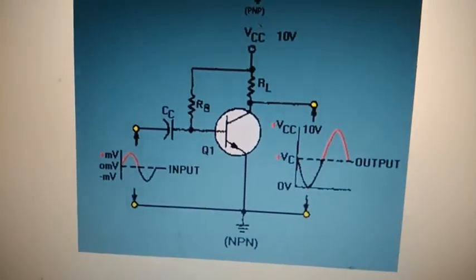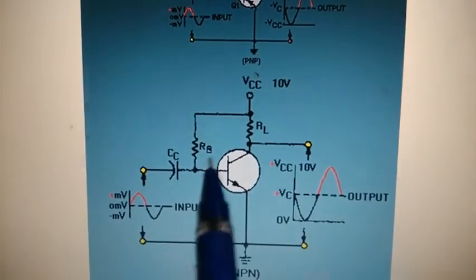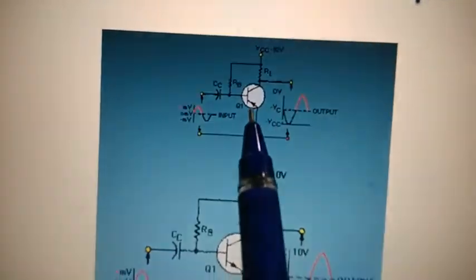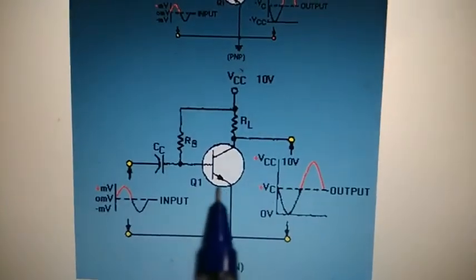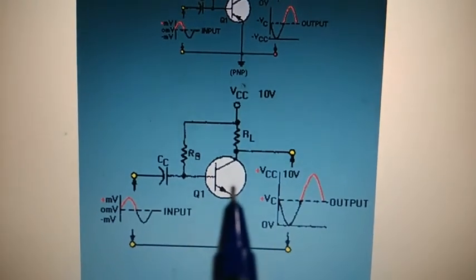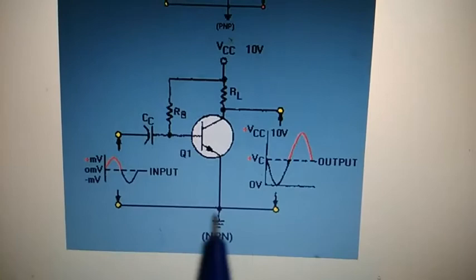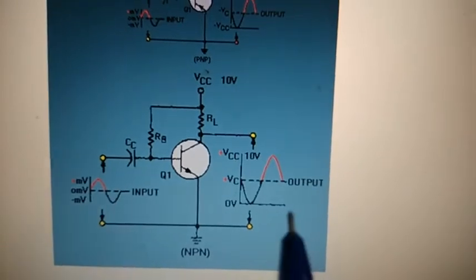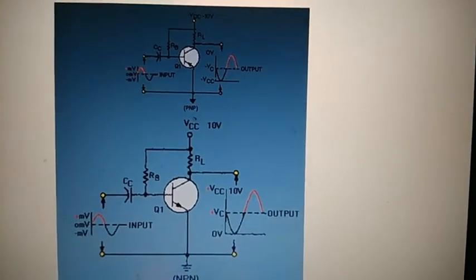This diagram is shown properly with the NPN transistor. Here we use plus 10 volt. The collector to base junction is made reverse biased and this one is made forward biased. So this is with an NPN transistor, this is with a PNP transistor, and this is with an NPN transistor. The operation will remain the same. You only have to connect the supply here as plus 10 volt, while with the PNP it is minus 10 volt. Otherwise, the operation will remain the same. This is input and this is output. So this is the NPN transistor and above is the PNP transistor.